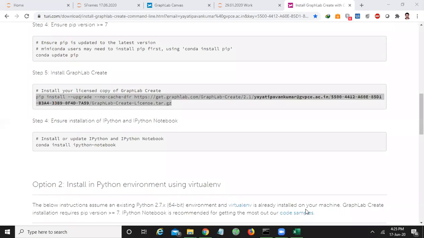I don't know why it is not installing, but so many people have done that. Have you copied, Harshavardhan Daparthi? Have you copied this entire command?